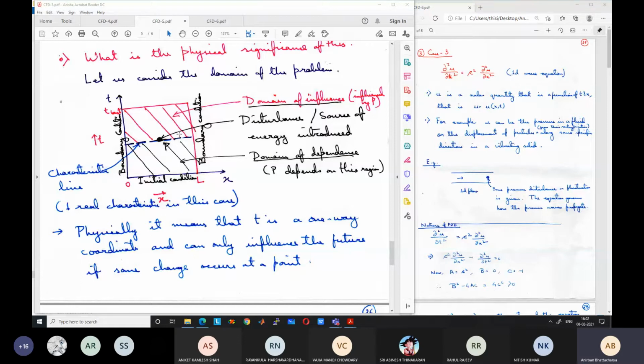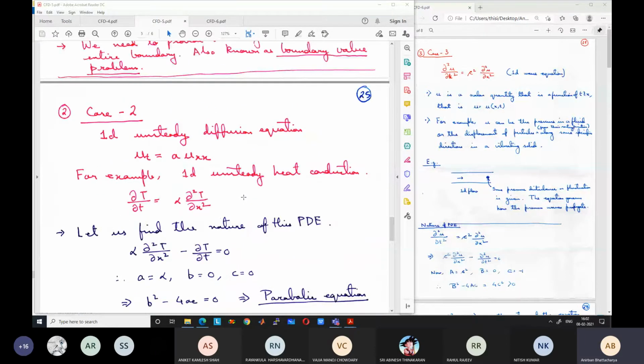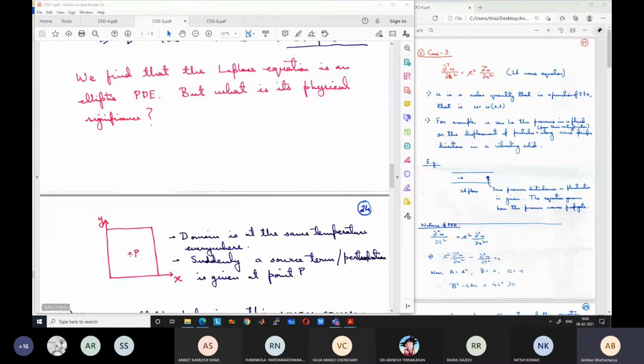So in that type of problem, we cannot use the parabolic type of equation, which assumes that information travels immediately, meaning any change at point P immediately affects any other point in the domain. That is not true for the problem that I am describing. There the actual information is passing at a certain time, so the effect of point P will also occur after a certain time. It will not occur immediately. Many other examples of this type are there.